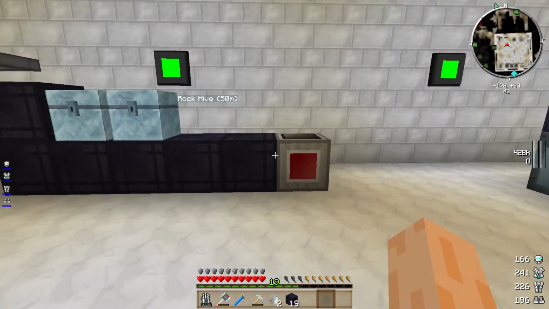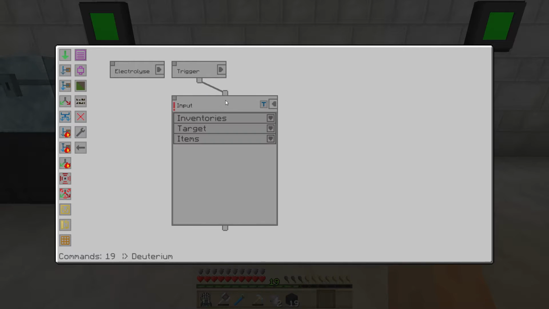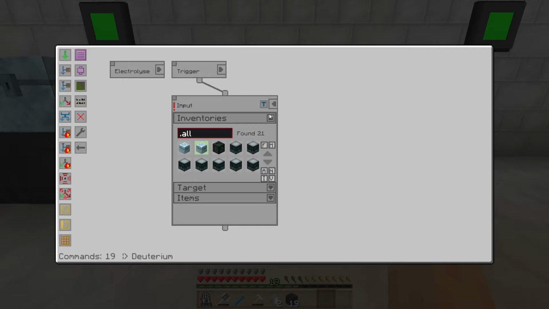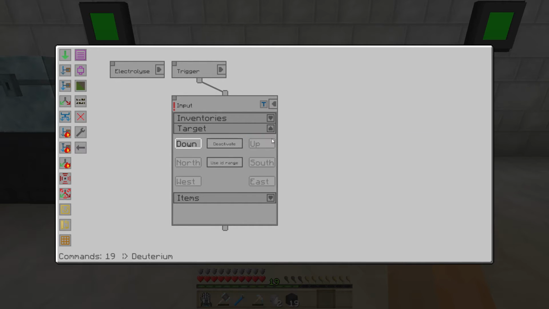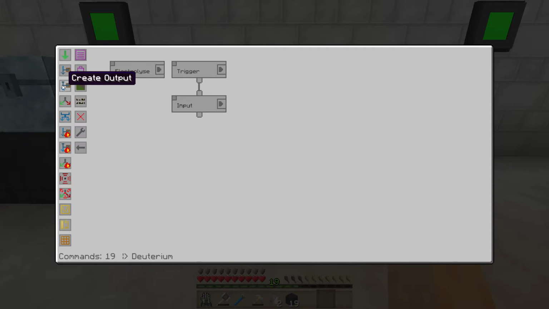Okay, cool. So what I need to do next, if I close this command group, create a new command group. So actually I don't really need to create a new command group there. I just need to have that one open just so it's a separate thing. So what I can then do is create a trigger, create an input, inventories that, and what I'll be looking for is down is fine, and then what I'll be looking for is electrolyzed water. There we go. So electrolyzed water cell, and then I want the output to be,